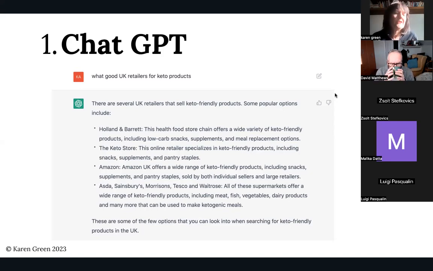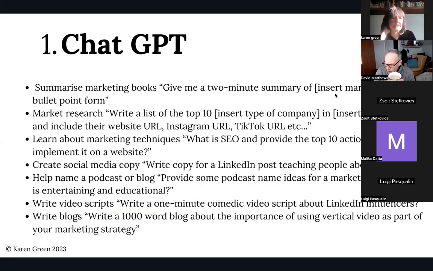And if you get my emails, which you may well have seen, I've got a book coming out in March called Virology. I said, summarize Virology. I knew obviously it's not going to know, but it said, I've never heard of it, it doesn't exist. And I'm like, okay, but if you Google, it does come up. So it's interesting, the limitations. But if you go back to this list, things like create social media copy.